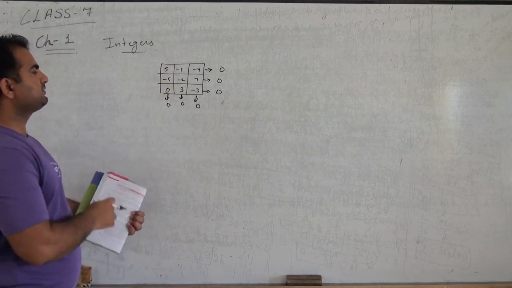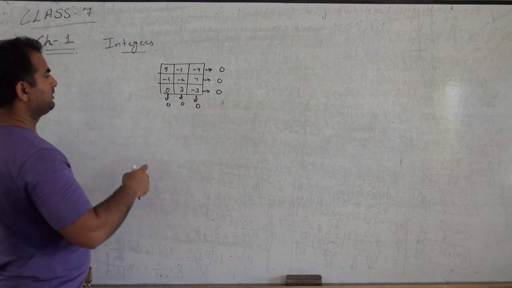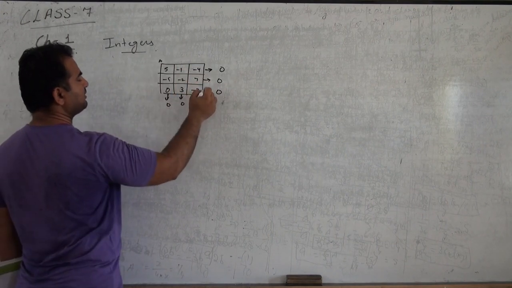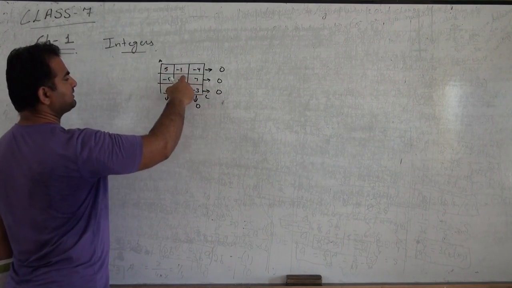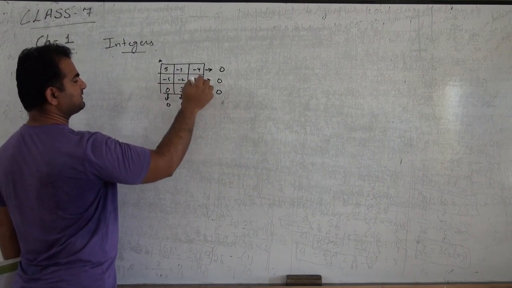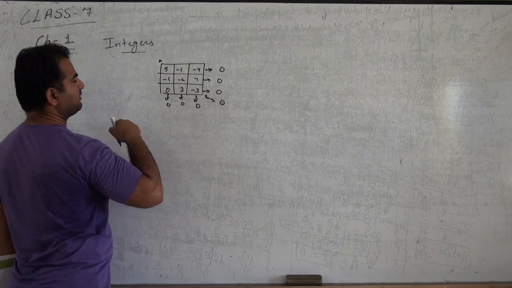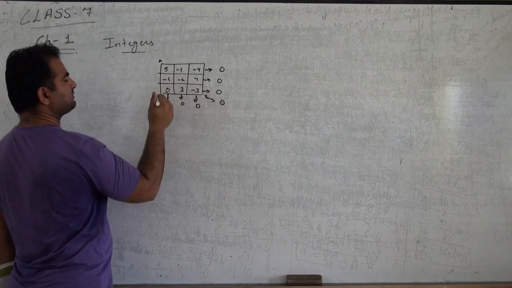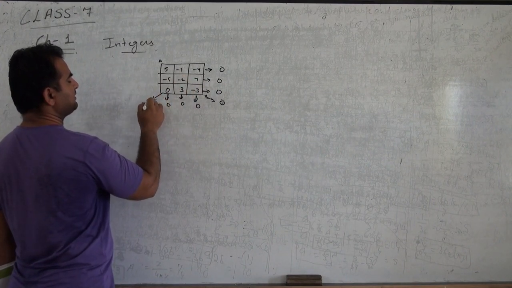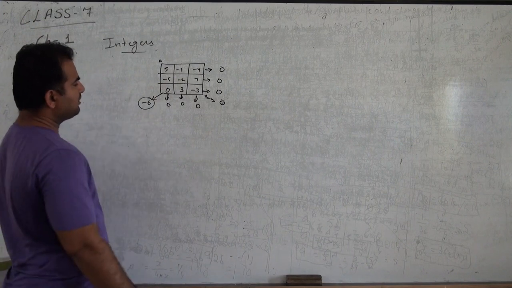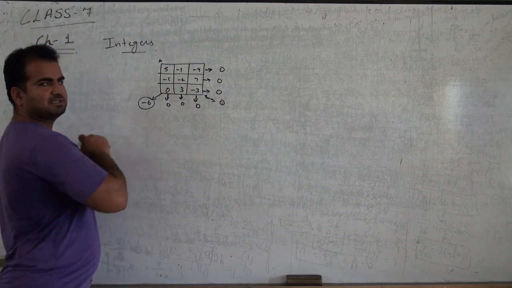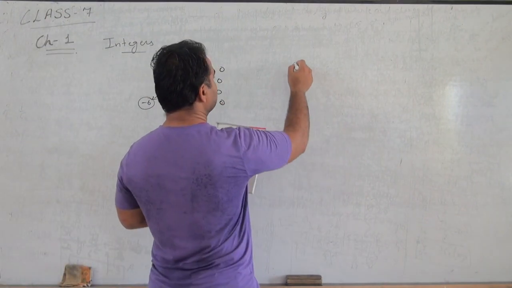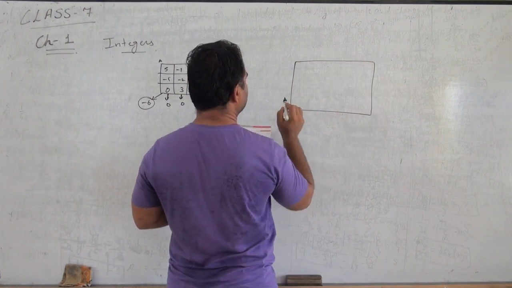Now we have to check the answers diagonally also. So what are diagonals? From this point to this point, 5 minus 2 is plus 3. Plus 3 minus 3, the answer will be 0. But what is minus 4 and minus 2? It is minus 6, and minus 6 plus 0 is again minus 6. So all the answers are 0 except this one. Okay. Now we will check the second box, whether it is a magic square or not.